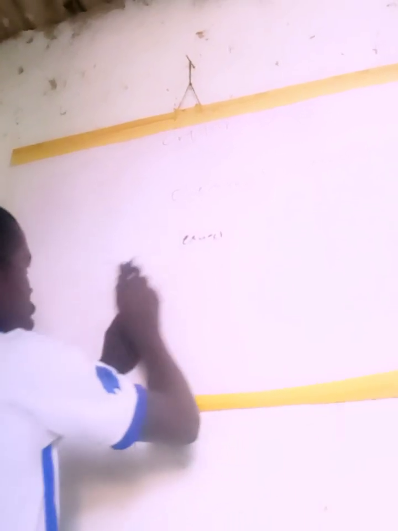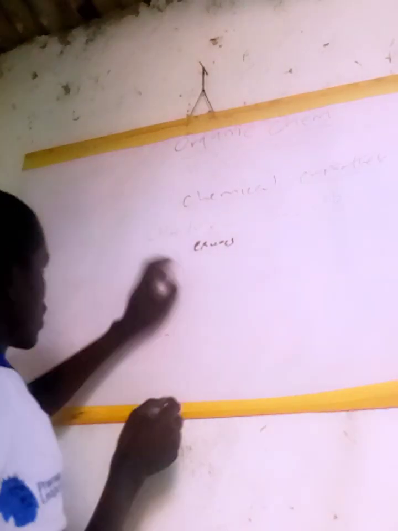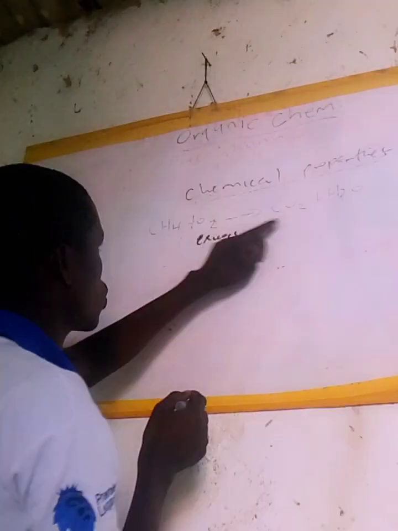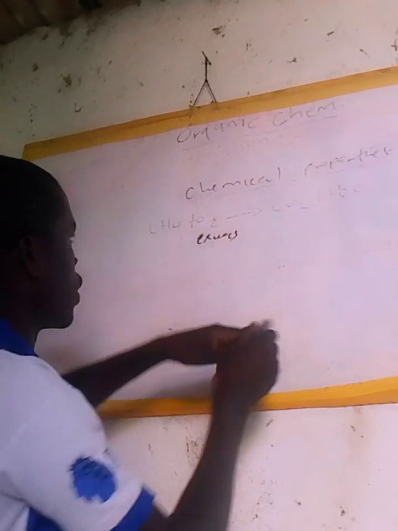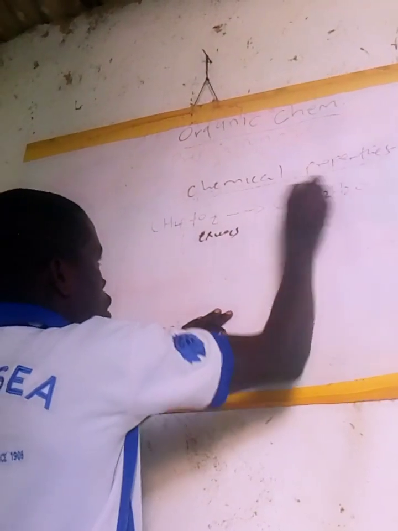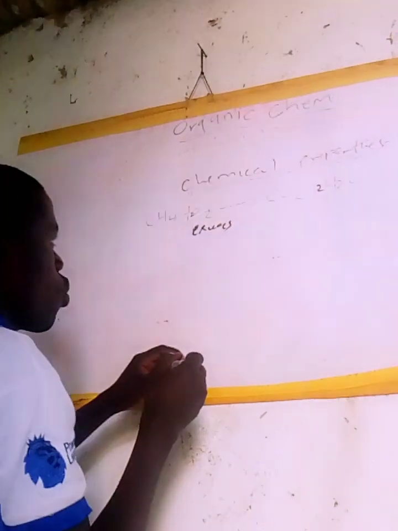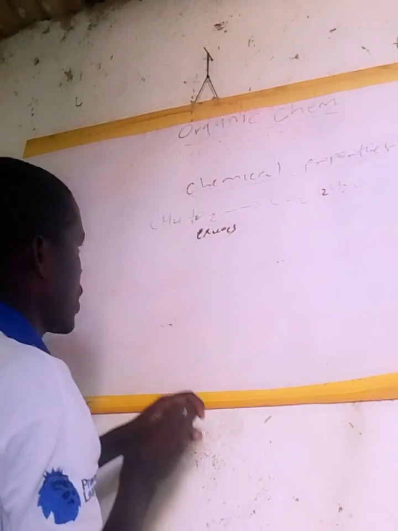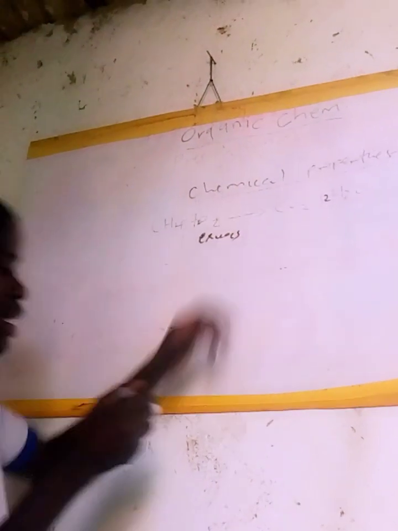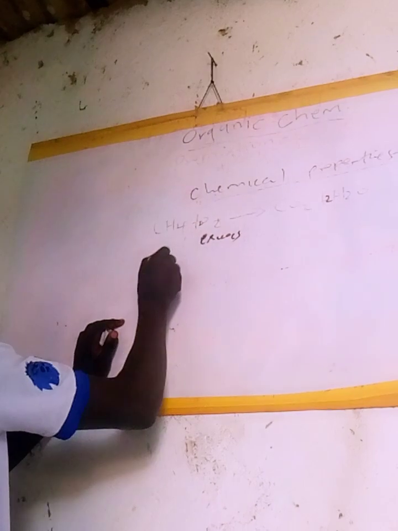So when it burns in excess oxygen, so this one talking about it is excess, it produces carbon dioxide and water. The equation is balanced. Here you have 1, 2, 2. Here you need to place here 2, then here 2. Our equation now will be balanced. So this is now in excess oxygen, but in limited supply of oxygen,